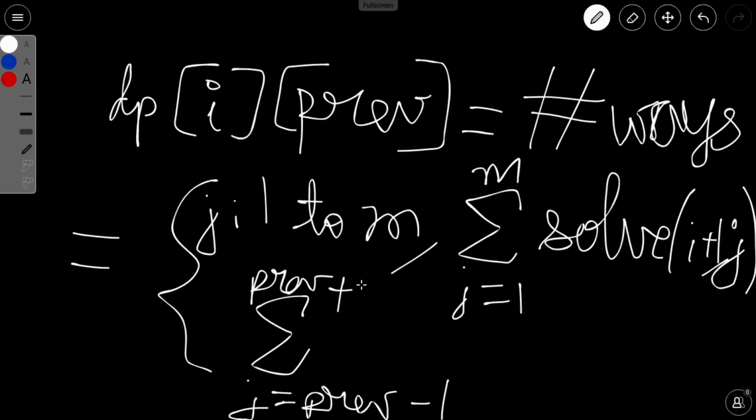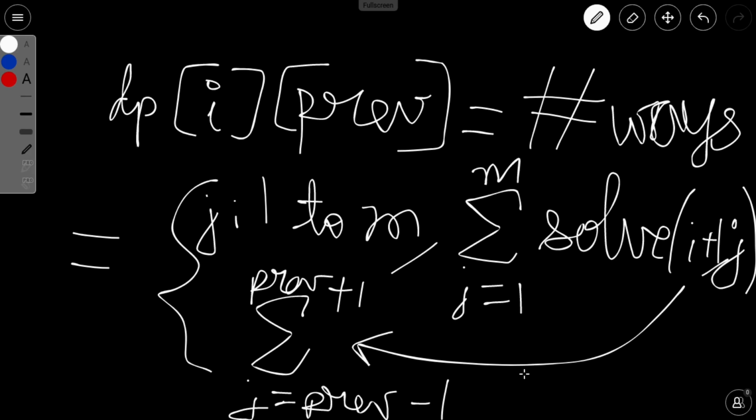So this will be here, and this same thing will be here. Summation of this thing of solve of i plus 1 comma j, where j is the previous value for the next index. So we are missing only one thing here, that is the base condition of the recurrence relation. So I would say just pause the video and try to think what would be the base condition here. Okay, I think you might be having an answer with you.